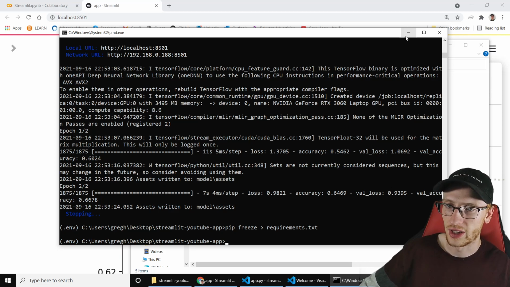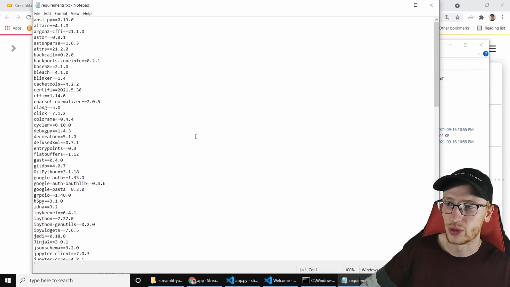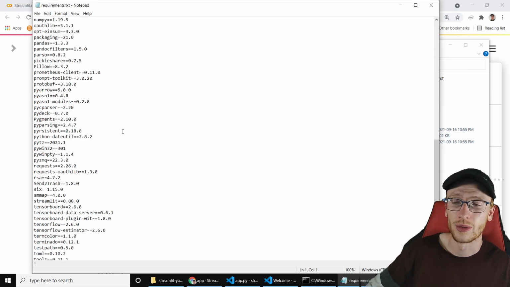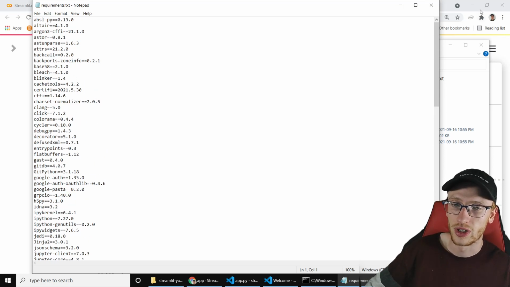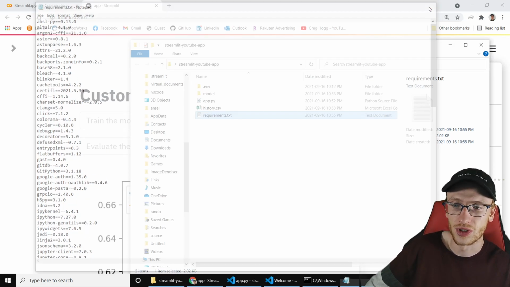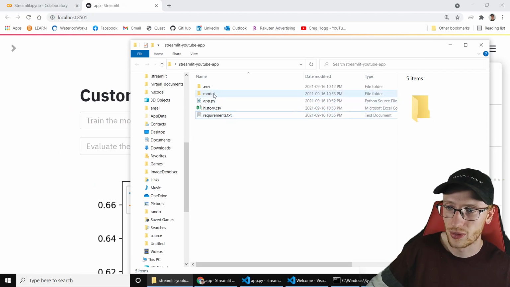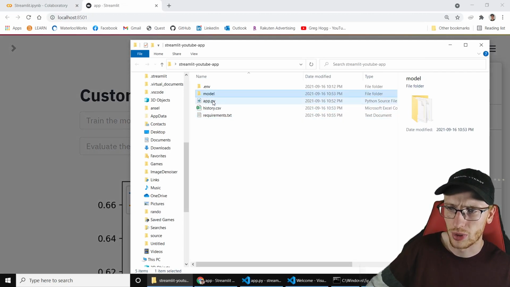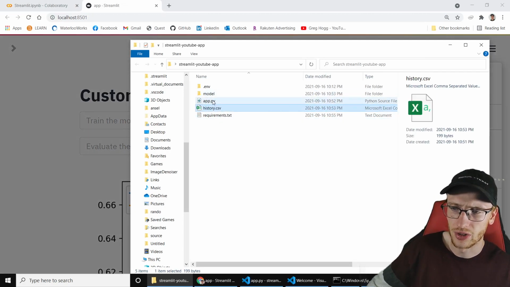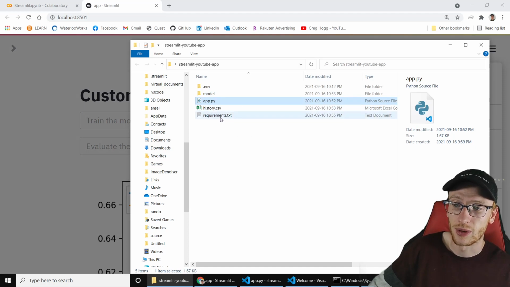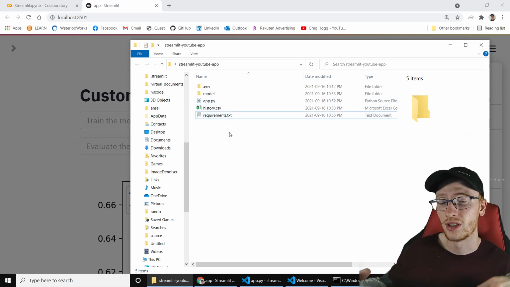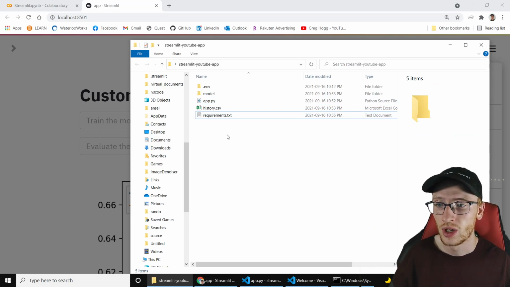Okay, so after we do that, that makes this file, which basically lists all the different libraries it needs to install. So we generally ship over, even model you probably don't need to send over, history you don't either. The main important ones are going to be app.py and requirements.txt, as long as those are in a public repo,